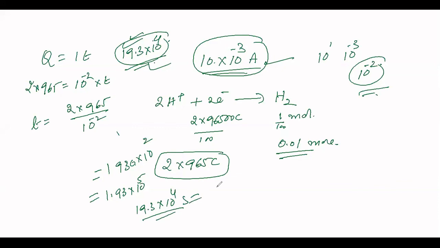Okay, fine. I think it is almost time. If there is any reasoning, next one we shall take up, otherwise we can take up one more and then we can stop. 26. This is a very important question. In a cell that utilizes a reaction, this is the reaction which it is utilizing. So it is ZnS plus 2H plus giving Zn2 plus H2.